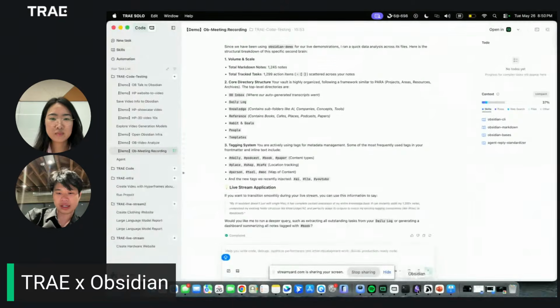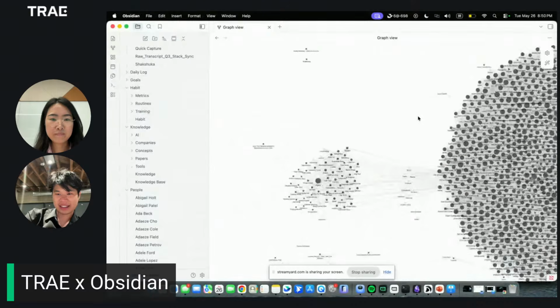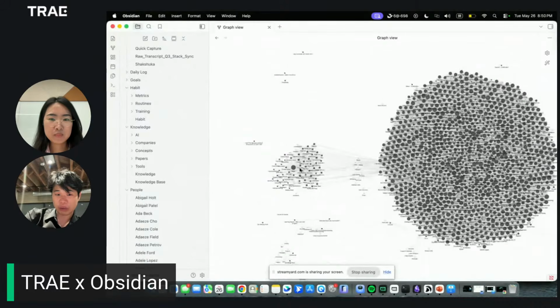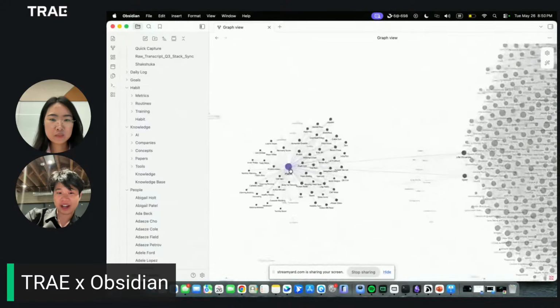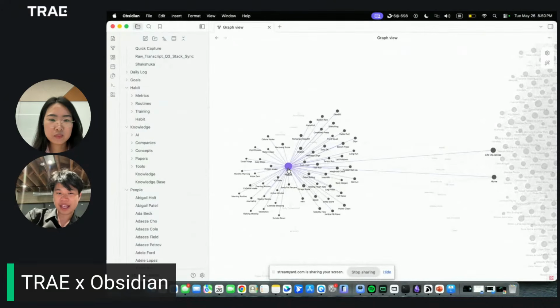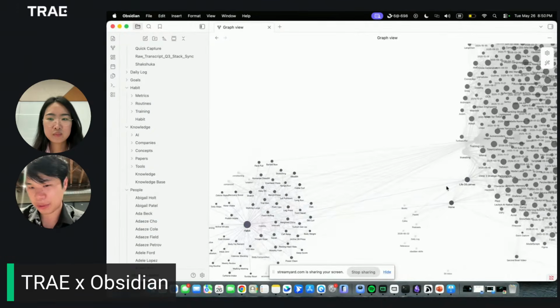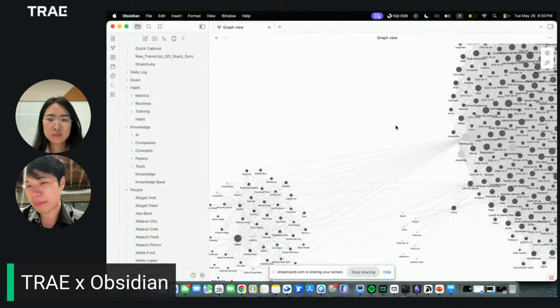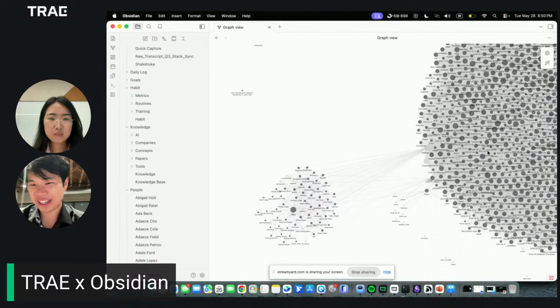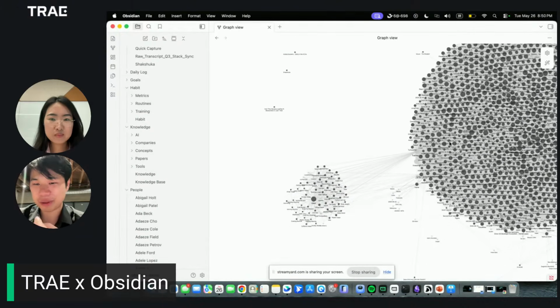And this request will just go to the backend, and then they will see where the habit is, and they find out, okay, the habit is over here. And the habit connects with so many different pieces of information, and also with the information in the main brain over here, which is pretty cool. So this way, all the information is not going to be separate. It will actually be connected to each other.